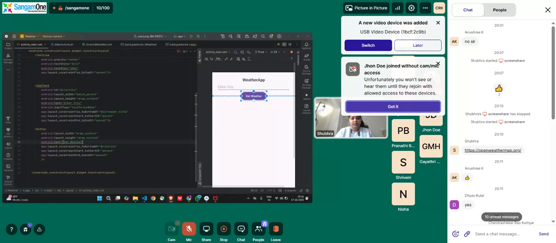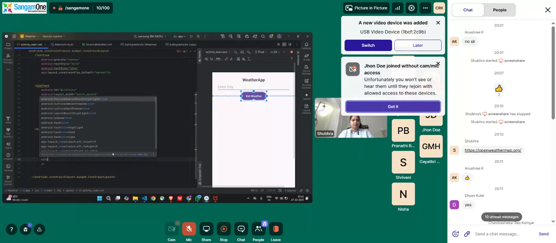So let's do that. Let's change the color of the button. So I think it's appearance, if I'm not wrong. No, sorry. So let's try with text color. Okay, let's say we want